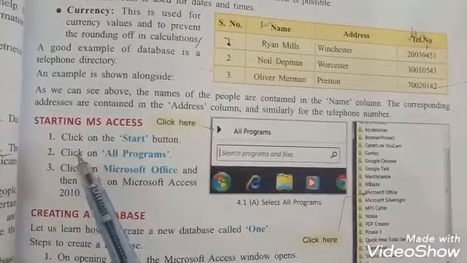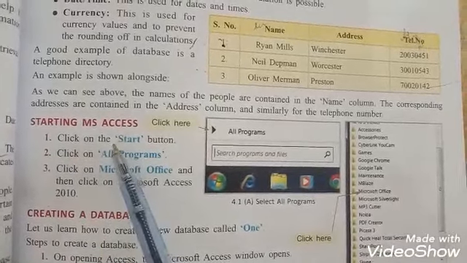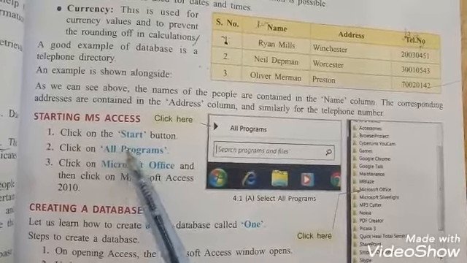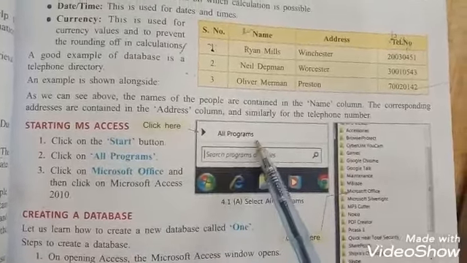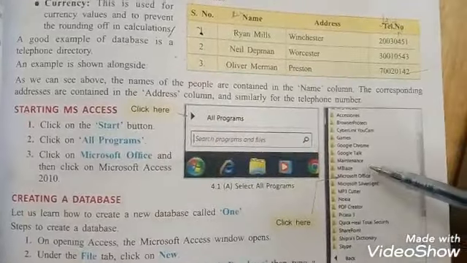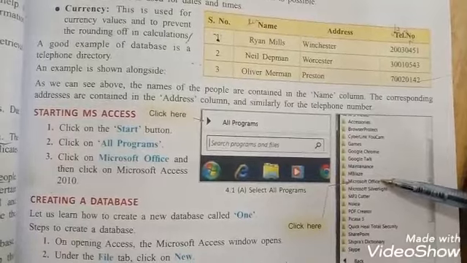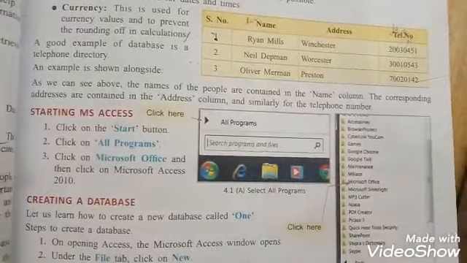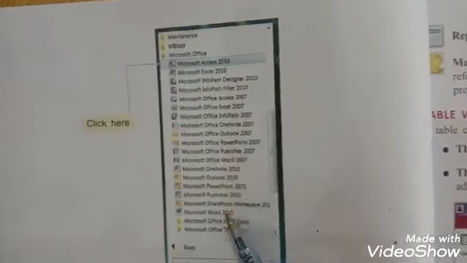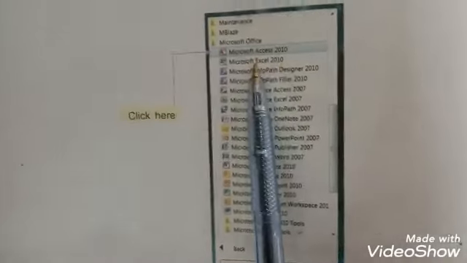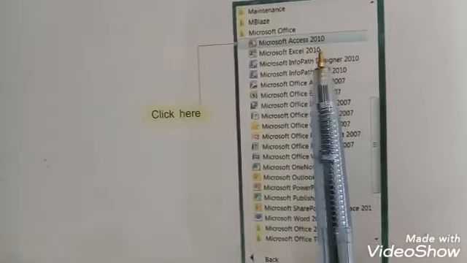First we discuss how can we access MS Access software. Click start button, click all programs, click MS Office. When we click MS Office, a list of options appear related to MS Office, like this. These are the applications of MS Office. Click MS Office Access 2010.